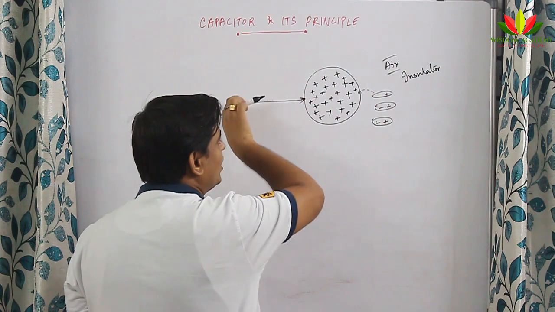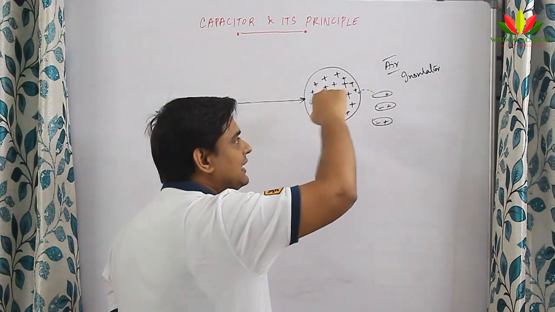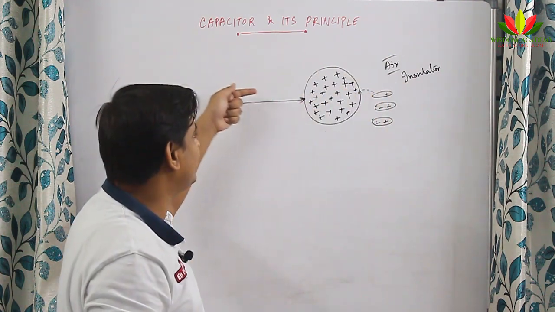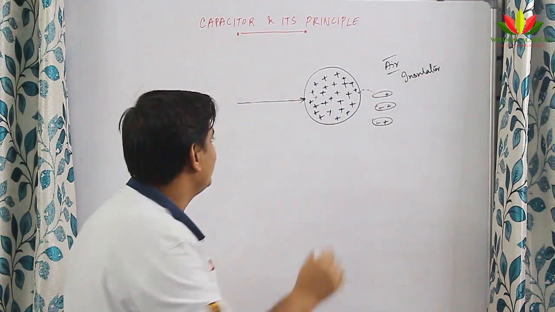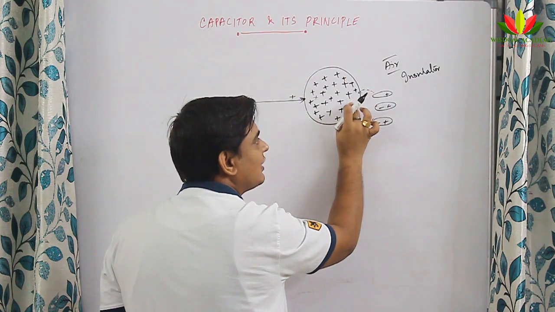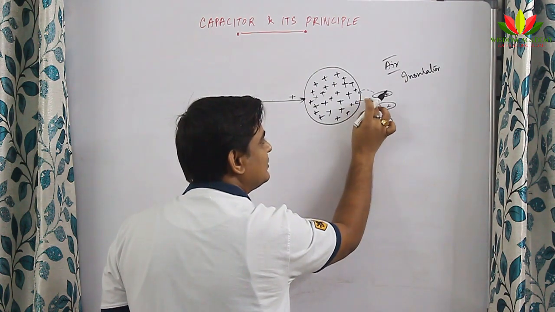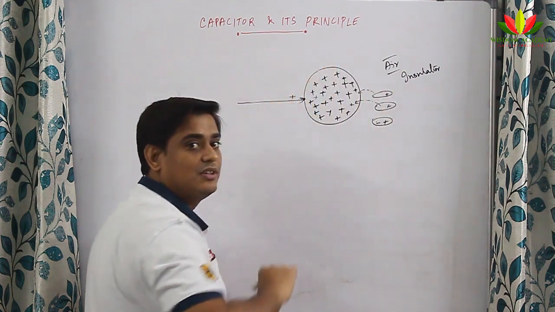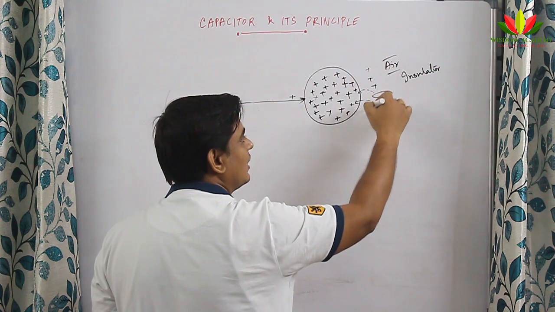One thing is, what positive I am giving does not change the potential of this, but it ionizes this plus. So in a way I can say that what plus I supplied here, that plus came here. I hope you understand what I am trying to say. When the second charge is going in, again the second charge vanishes, because this second positive charge will get neutralized by this, and then this will become positive. So a time will come when I will start having a positive field here around.